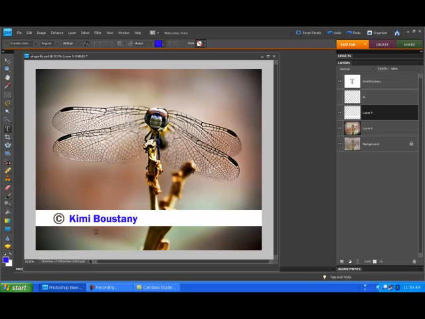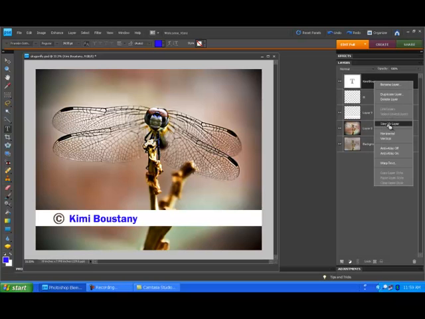Let's go over it one more time. I know it can be confusing. We will highlight our text layer that's got our name. We're going to right click and select Simplify Layer. If you're working in Photoshop, that's going to say rasterize. We're going to click on our thumbnail while we hold down the Control key,